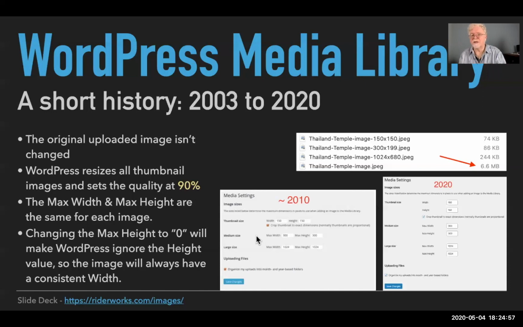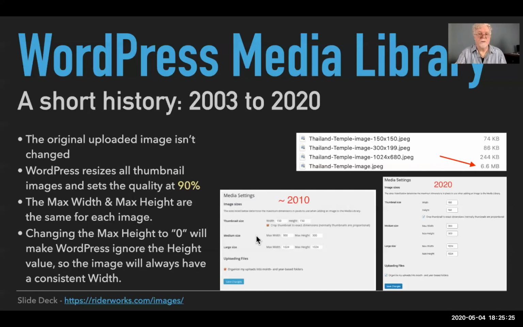These sizes were designed, as I said, back in 2003. And now we have double display sizes. We have bigger phones that look at these things. So what I'm suggesting is that these can be changed, but I see a lot of people that don't. But that's the standard, that's the way it was all the way up to about